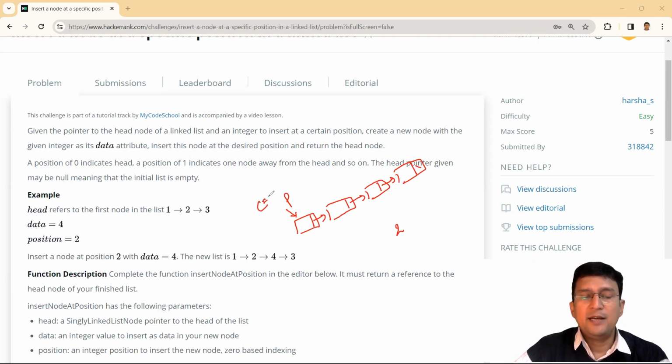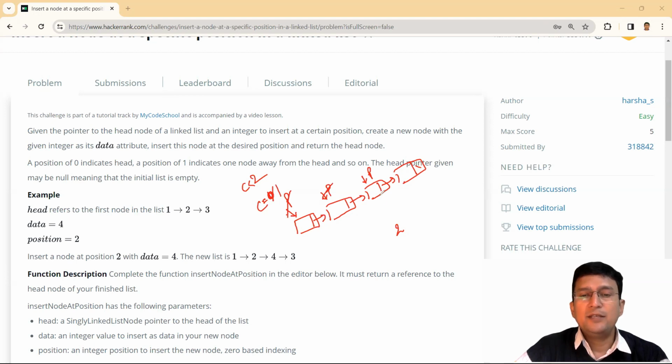Let's say the counter is 0 and it is less than the desired position. So I'll move P and increment the counter to 1. Now 1 is also less than 2, so I'll increment the counter once again, and P reaches this node, and this position is the place where I should insert the node.